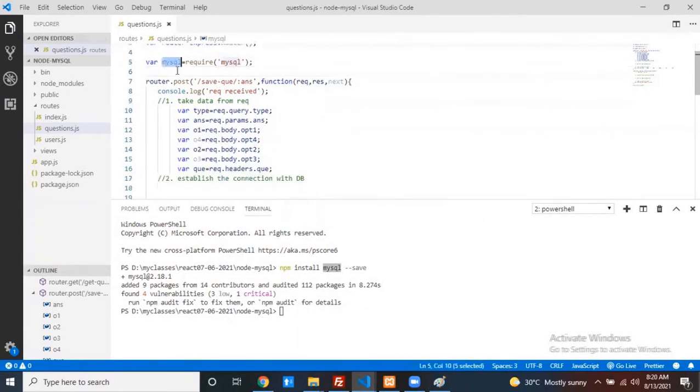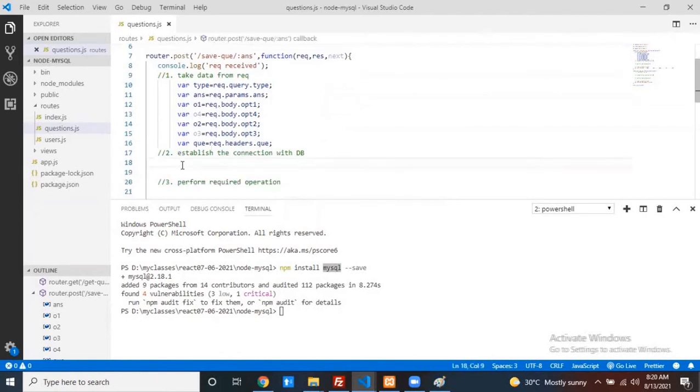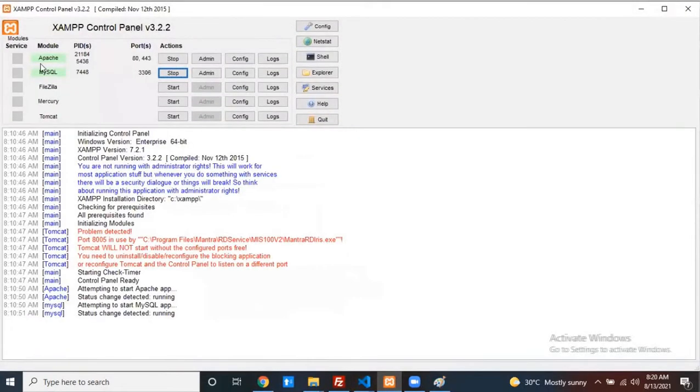Now inside mysql, this particular library returns one object, so that here I want to establish the connection with my local MySQL. I already installed some software, Jump software. Your wish, you can install the mysql.exe file, or you can install Jump from here itself. I installed Jump in my machine, so that I get this MySQL through Jump. If you want to see the GUI, the graphical user interface for my MySQL, just click on admin.